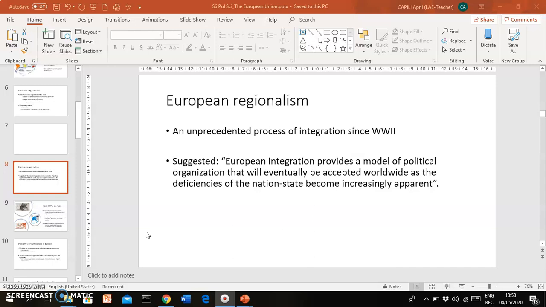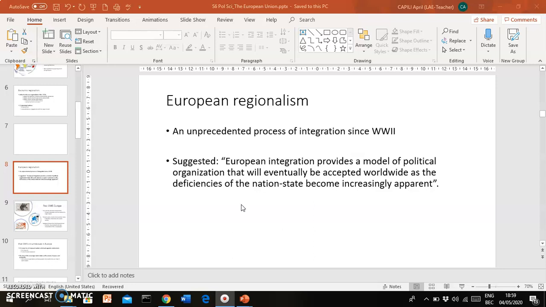So some have suggested that European integration provides a model of political organization that will eventually be accepted worldwide, as the deficiencies of the nation state become increasingly apparent. You might agree with this, as people have singled out the European Union as a kind of model for a supranational